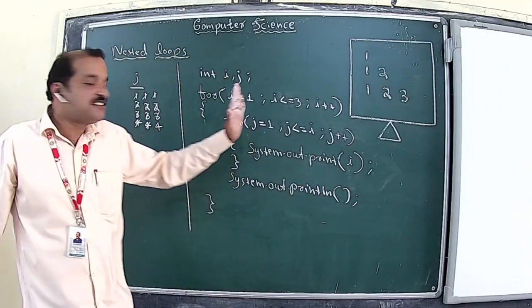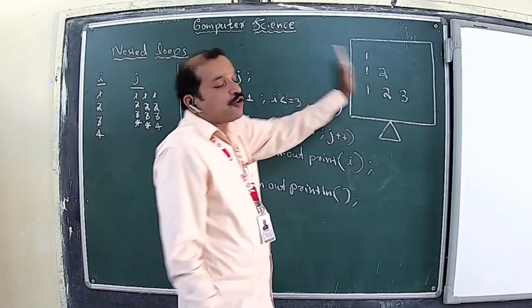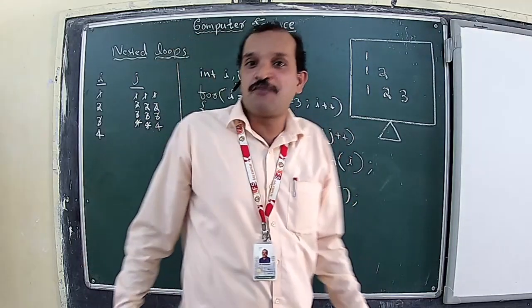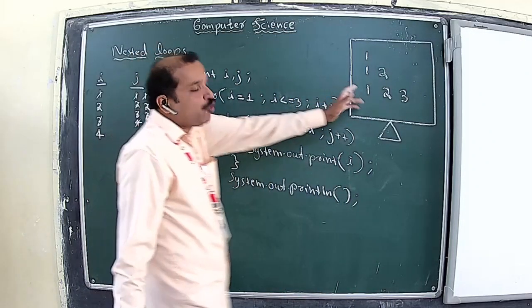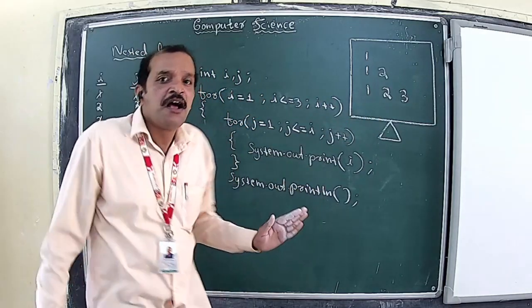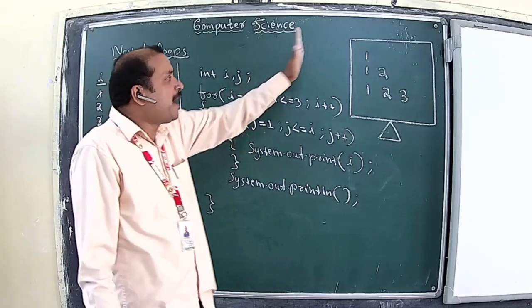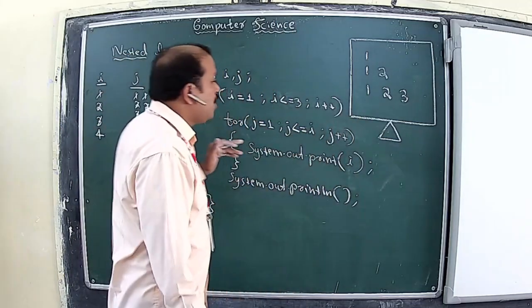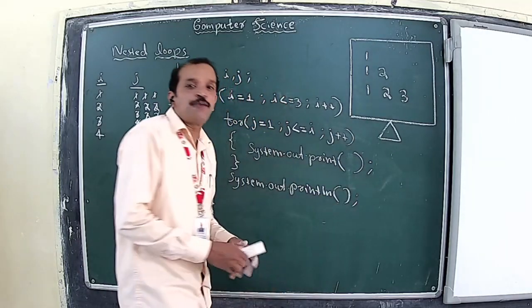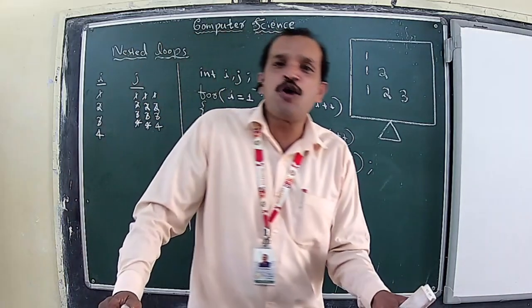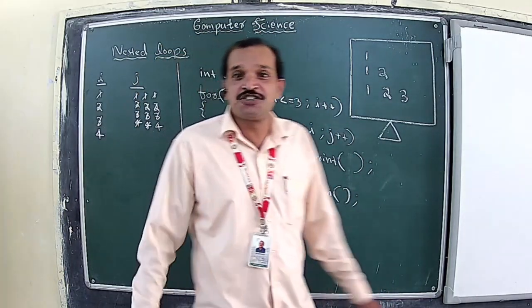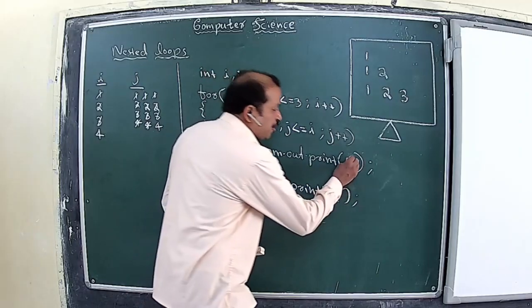In the earlier case, we were printing the row value, whereas in this particular output, we are going to print the column value. And if you wanted to print the column value, only one slight change is to be made as part of this program. Since the number of rows and columns and the pattern is almost the same, the only change is, instead of printing the loop control variable that is responsible for the outer loop, we are going to print the loop control variable that is responsible for the inner loop, that is j.